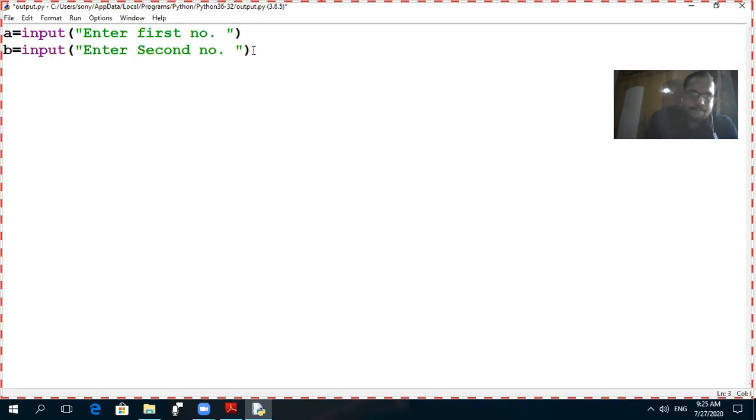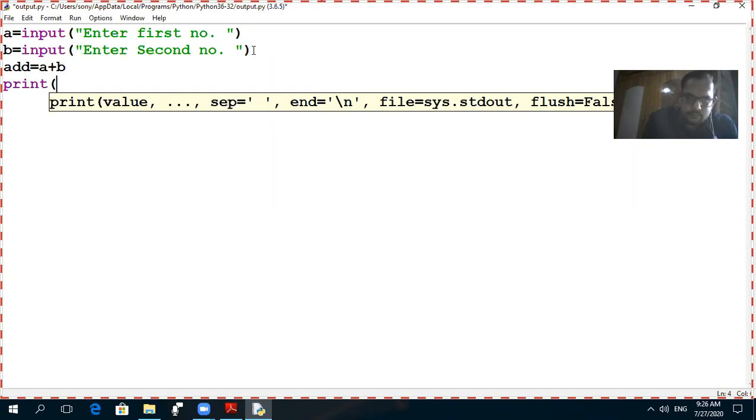After that, sum equals to A plus B. Then print the sum.